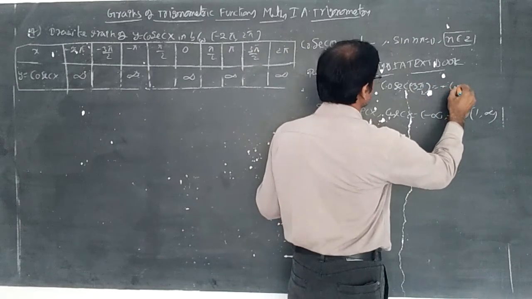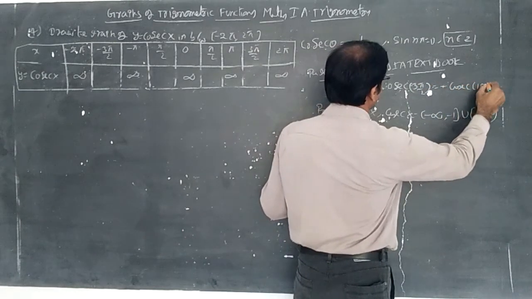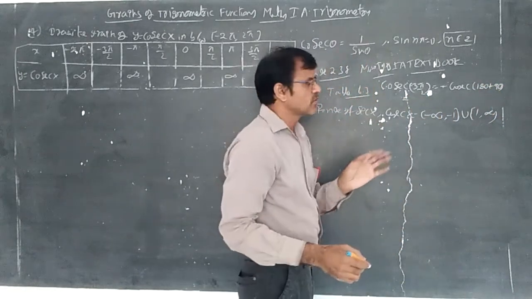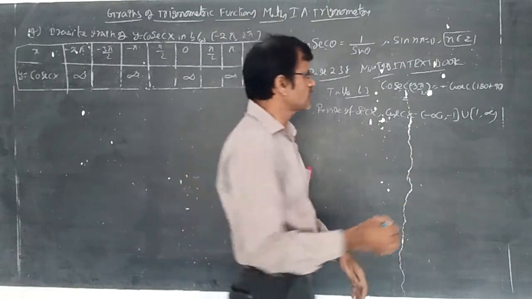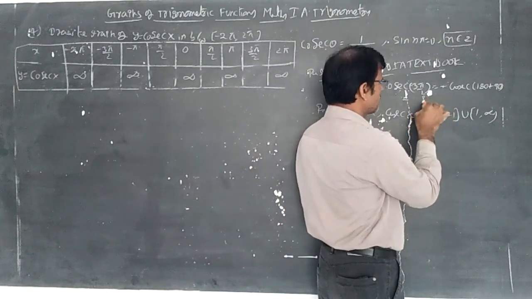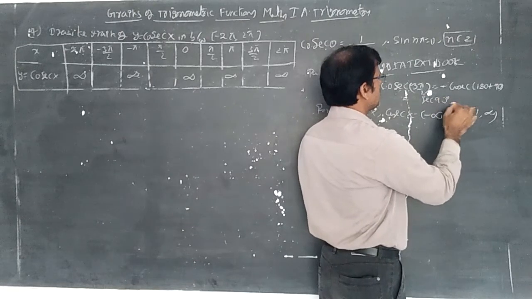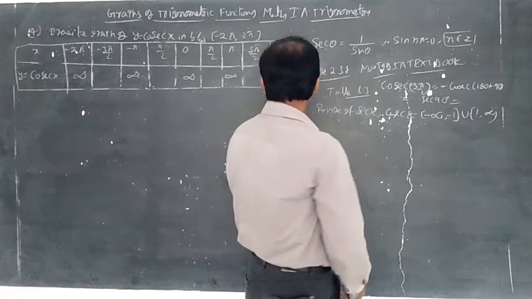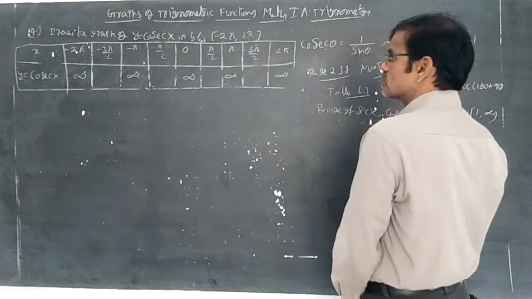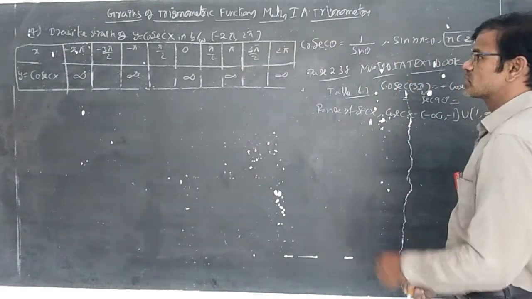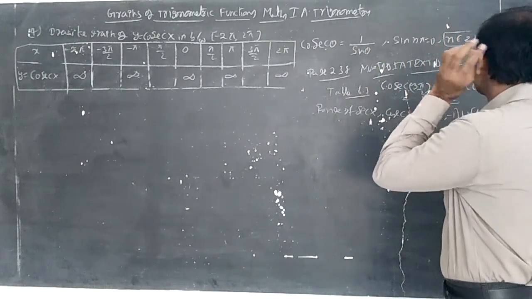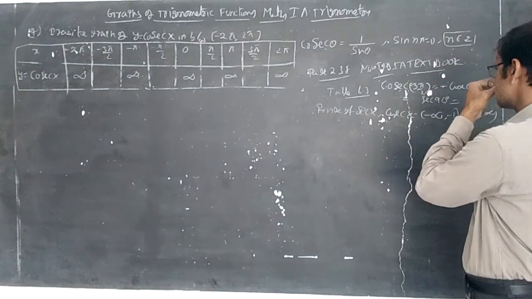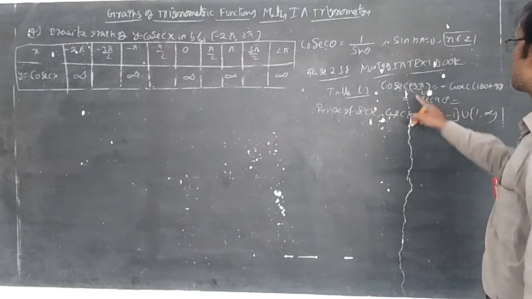Minus cosecant 270 you can write as minus cosecant of 180 plus 90. It becomes, 180 plus theta becomes secant theta, so it is minus secant 90. Secant 90 means of course 1 by cos 90. Cos 90 is 0. It is not right. Cosecant 3 pi by 2 becomes cosecant 180 plus 90, secant 90, cos 90 is 0, secant 90 is infinity. This is 270 cosecant.